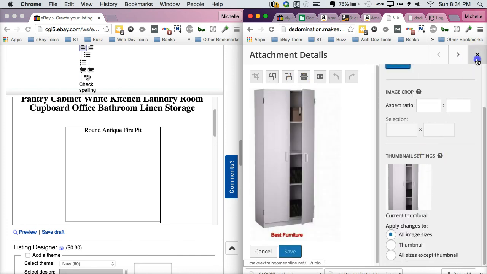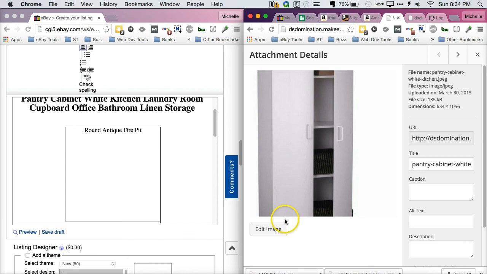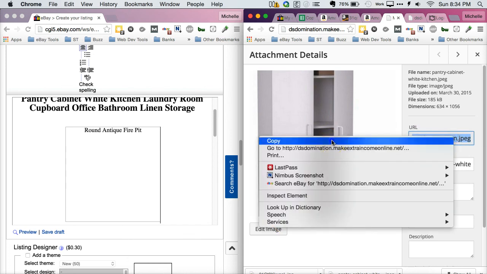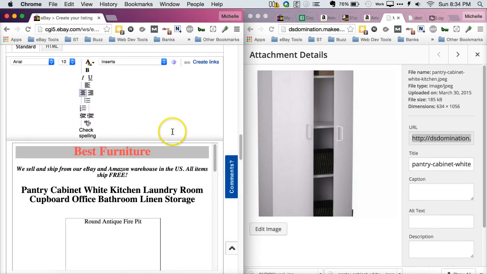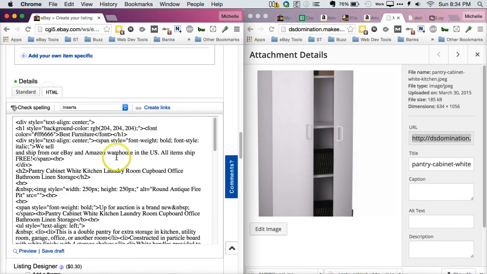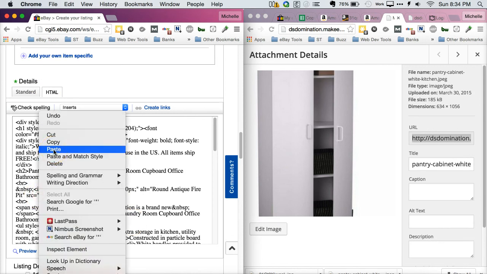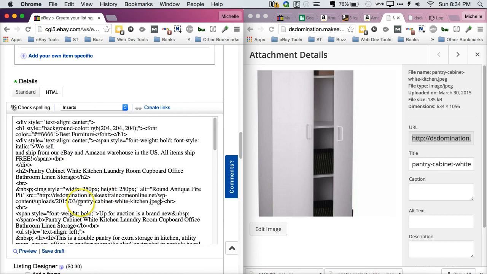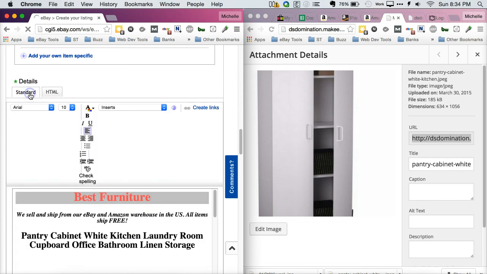All you have to do is grab the image, right-click copy, go to the HTML thing, and right-click next to SRC, the hyphens in between there, and put it in there. For this, you're going to put this alt text right here. You're going to put the name of the image, which in this case is a white pantry cabinet. Go back to the standard tab,